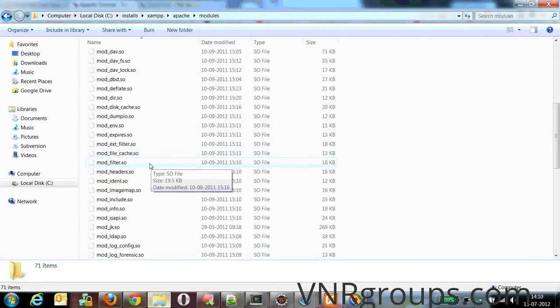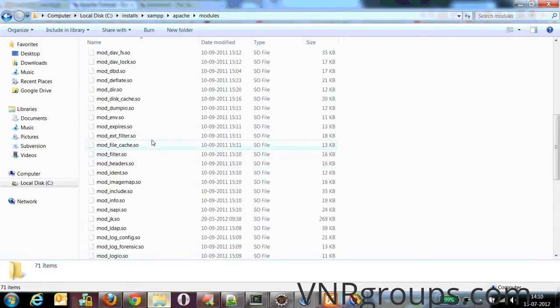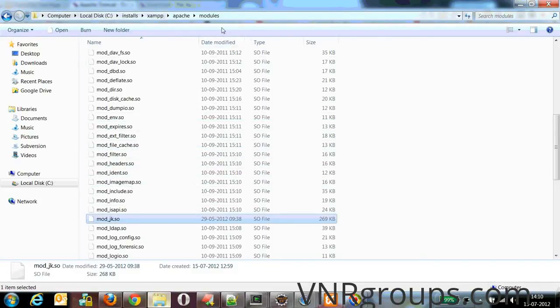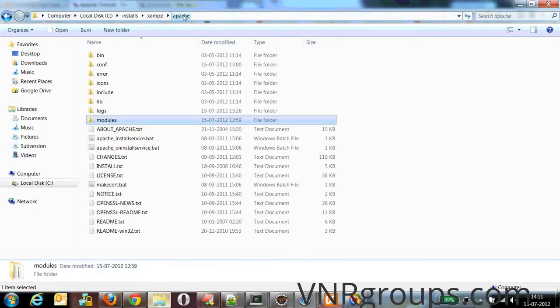You paste the mod JK file there. So this is the file under modules. Apache will detect this is a dynamic module file, and all configuration-level changes with respect to mod JK can be executed by this module. So we'll go one by one, slowly.